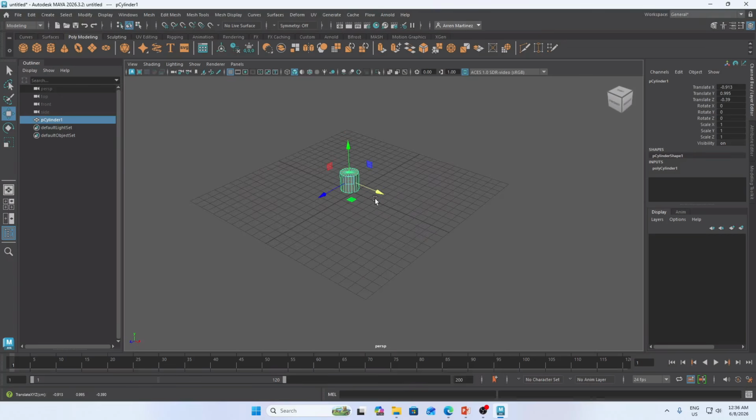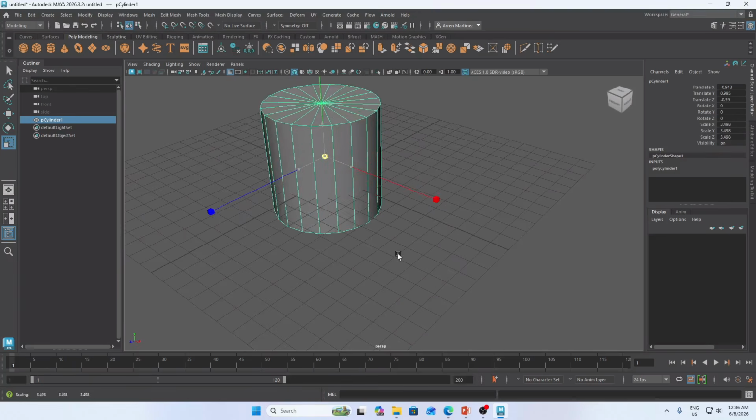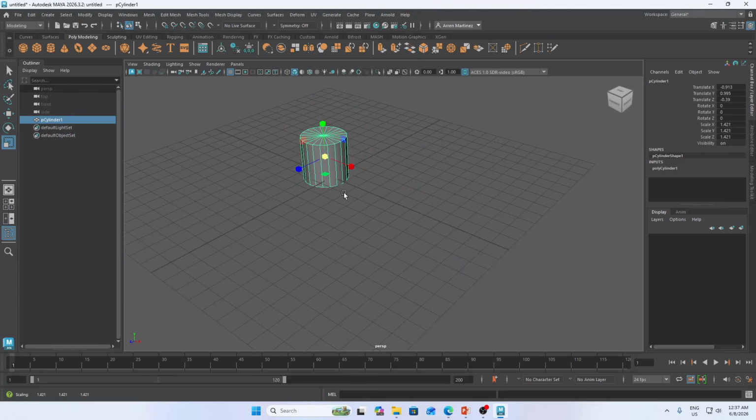For the scale or the resize, click R, and then you can click and drag the middle cube so that you can resize it proportionally. And for the rotation, letter E, you can see the rotational snap.